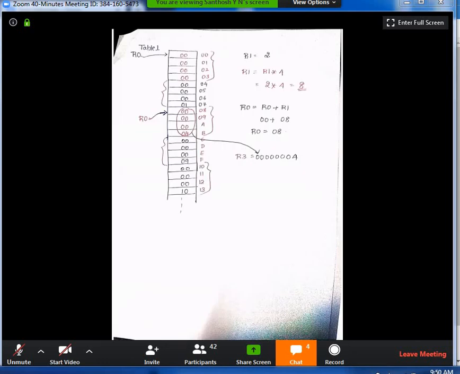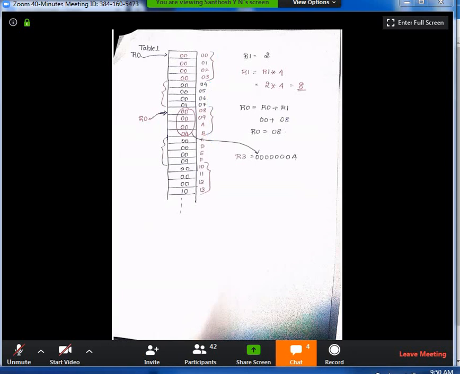So first, 0000 is stored, next 0001 is stored, next 00000004. I told you that the width of each memory location is only 8 bit, right? So you are not able to store the complete 32 bit in one memory location. That is why I am putting a bracket here. See, this much is 32 bit, and again this much is 32 bit, again this much is 32 bit. So that's what I have written there.